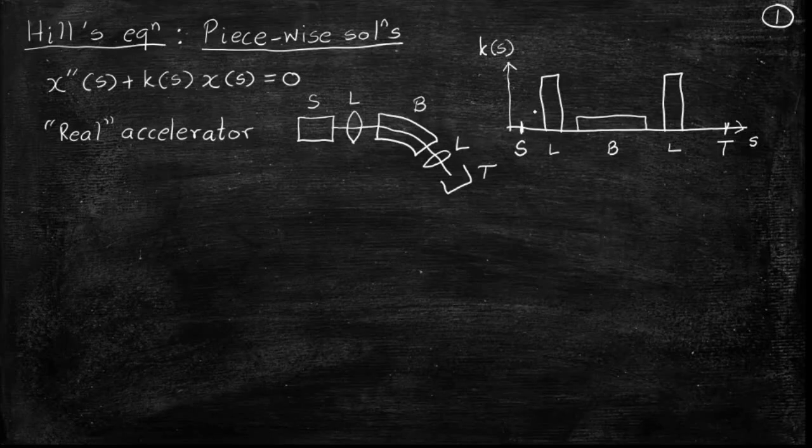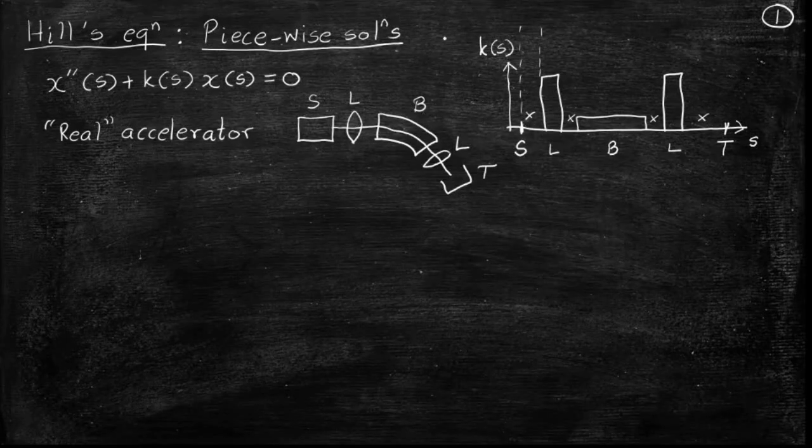But in the in-between regions, between the two lenses, between the lens and the magnet, between the magnet and the lens, between the lens and the target, in all these regions the magnetic field is zero. So basically, I will write down Hill's equation for each region. Let me draw a dotted line here. Let me write down Hill's equation for region number 1, which is the gap between the ion source and extraction arrangement till the first lens.